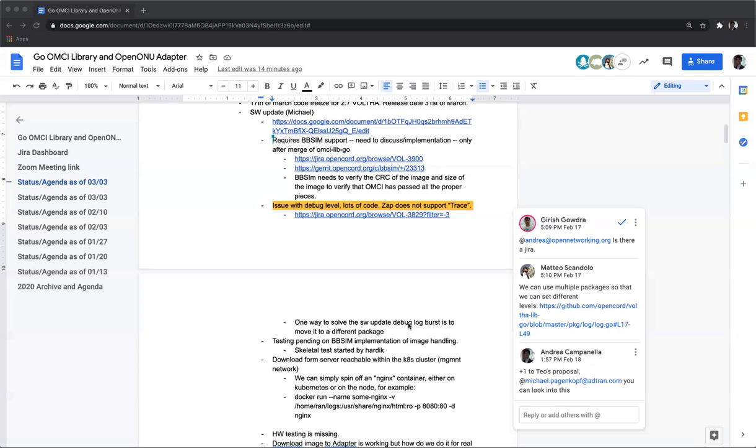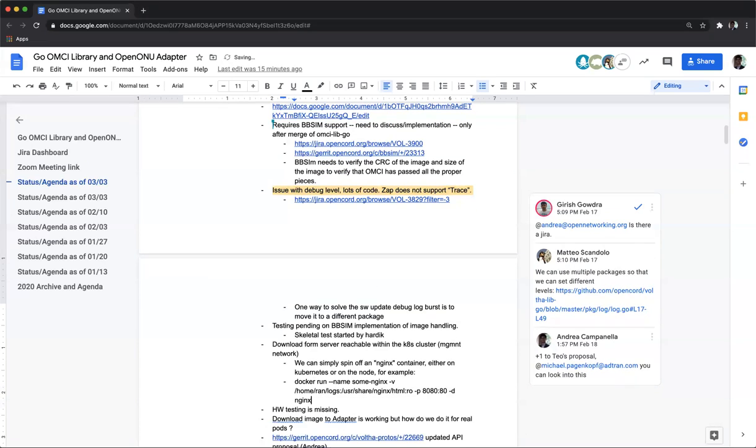Maybe Michael, can you give us some thoughts on that? I'm not sure if these commands really exist. I've never tested them, so there's also no implementation for that in the ONU adapter. Okay, then that's fine. Yeah, we can look into this in the future. Just wanted to note that, have this in the back of your mind, maybe in the future when it's supported. Okay, maybe let me take an action item to look at the status of the cancel commands.